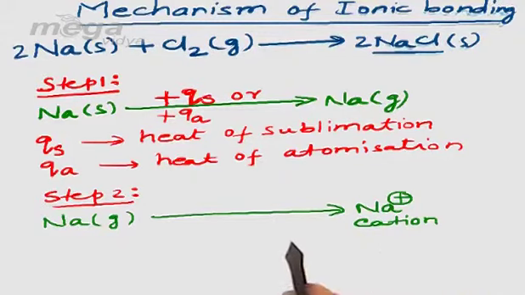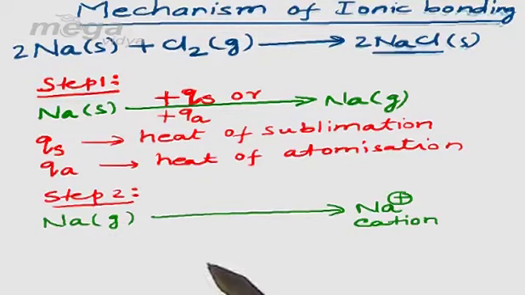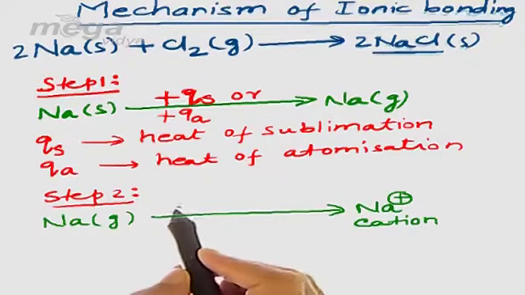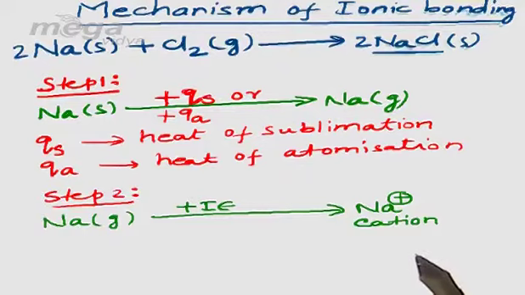forming a cation, that means initially when the electron was present in the valence shell, it was held through an attractive force with the nucleus of sodium atom. That means when we are taking out the electron from sodium atom, the attractive force between the nucleus of sodium and the electron has to be made zero, which can be done by the provision of energy. So we provide sodium gas an energy which is called ionization energy, such that it should be converted into sodium